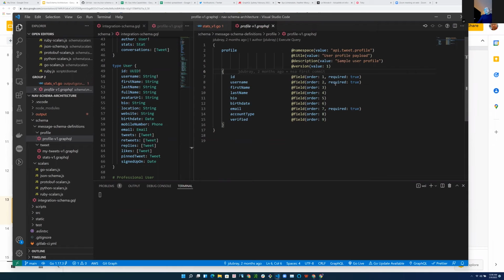One thing that is important is you can actually override some validation rules. So for instance, here the ID is required, but let's say the email is not required. You can override it and say in this particular payload, it will be valid if and only if it has an email. If it doesn't, then it's an invalid payload. This is the kind of expressivity that you can have